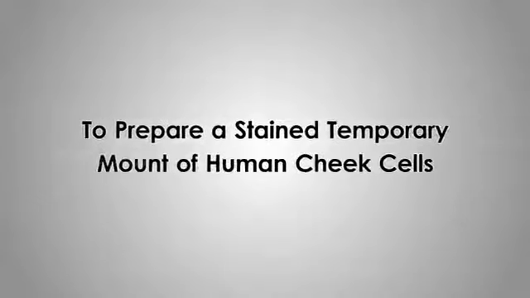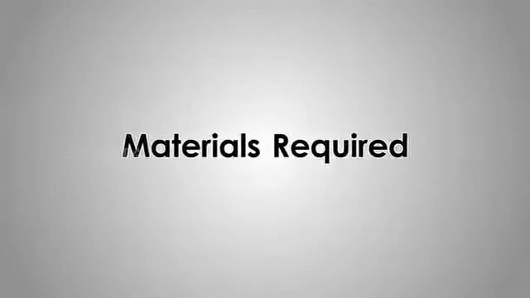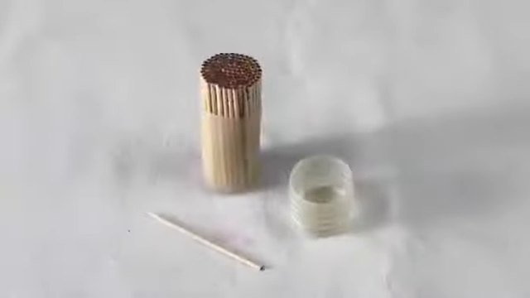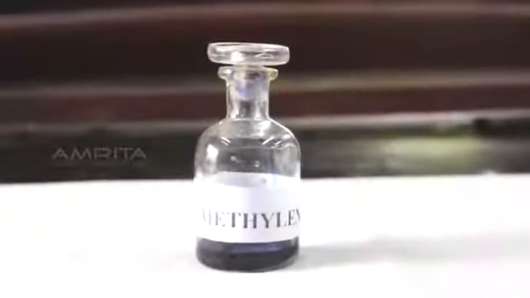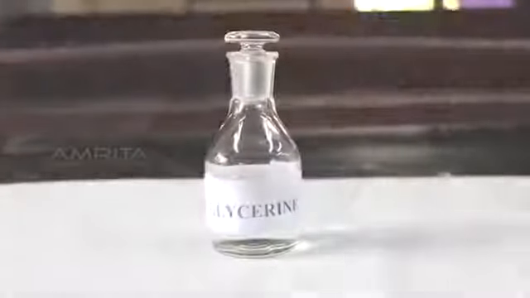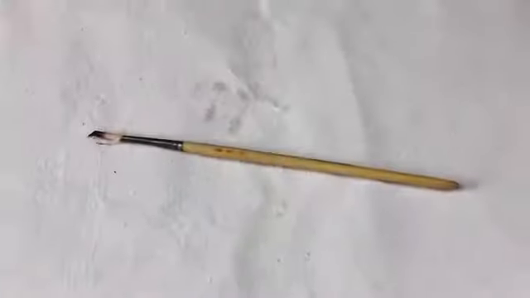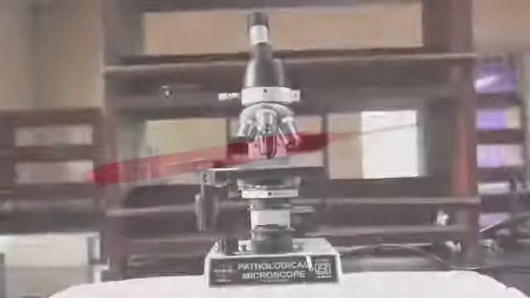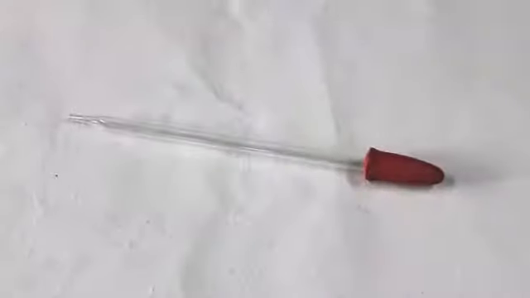To prepare a stained temporary mount of human cheek cells. To do the experiment, we require toothpick, cover slip, methylene blue solution, glycerine, glass slide, distilled water, brush, needle, compound microscope, filter paper, and a dropper. Procedure: